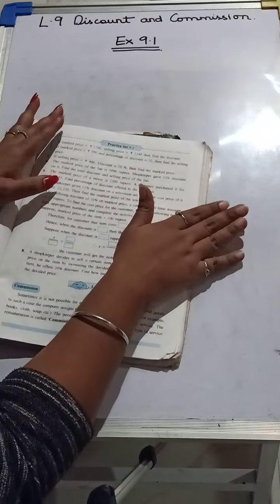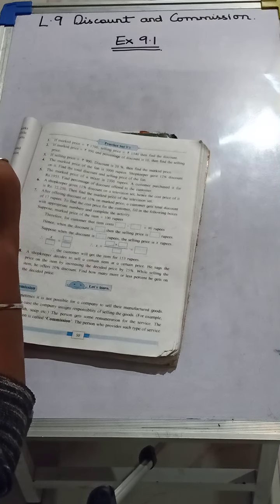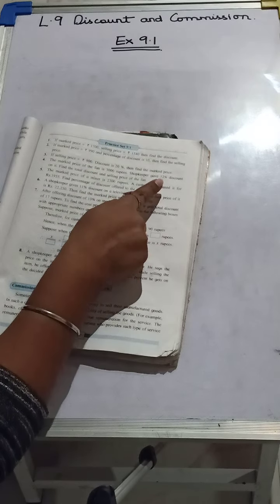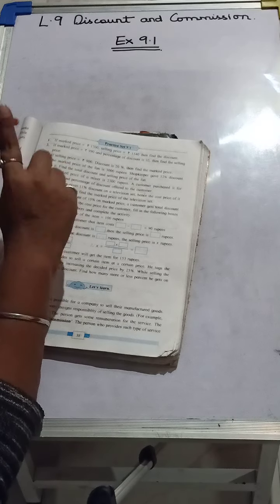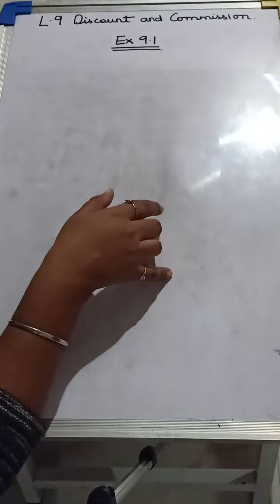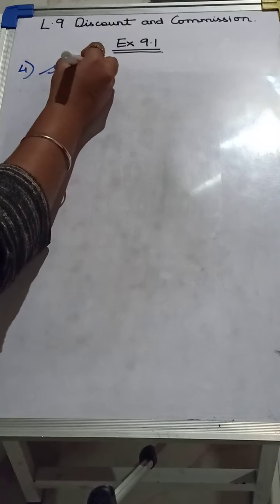Students, as you all know, I told you all, to find the selling price, what you need is mark price and discount. So now here, to find discount, we are going to take help of discount percent. So discount percent is given, MP is given, we are going to find discount and SP. Okay, so let's begin. The fourth sum, solution.